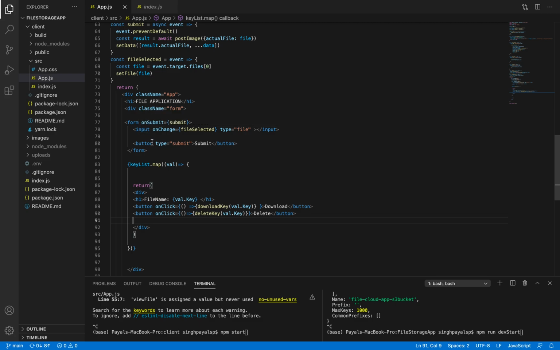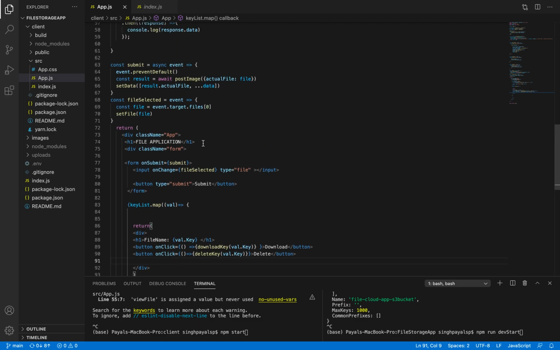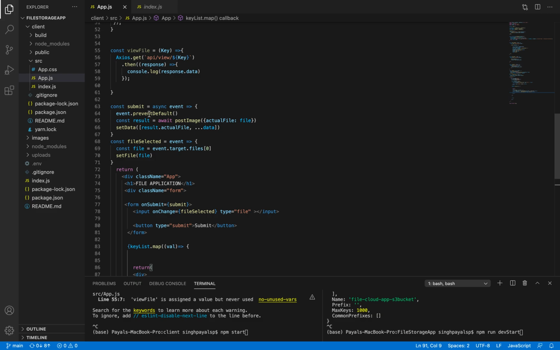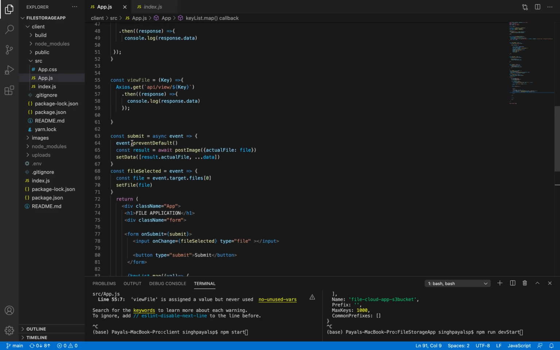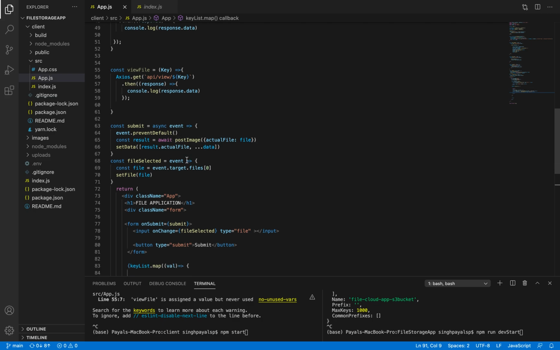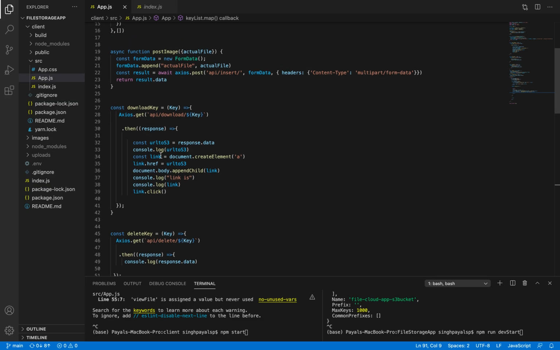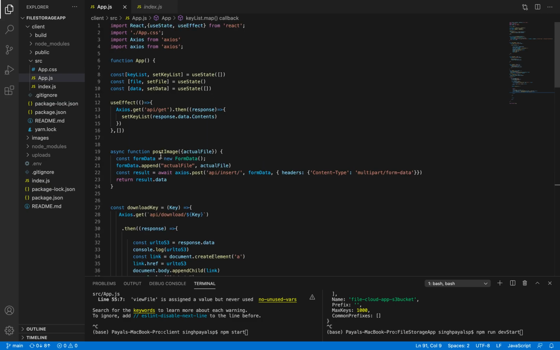The user will get an option to select their file, and then the user will click on the submit button. After clicking submit, it will go to this part here, and it will call the post image function.